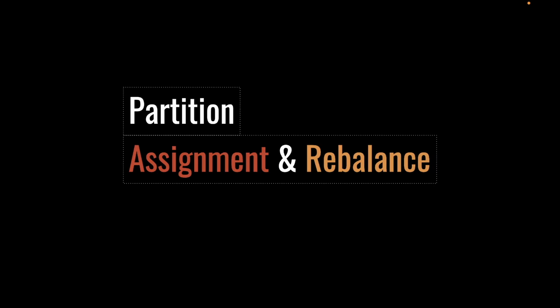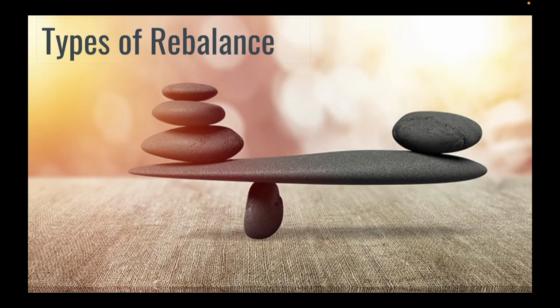And also we have types of rebalance. What happens when a consumer shuts down or a new one joins? Here we have two types of rebalance. The first one is incremental rebalance. Let's say consumer A is consuming 3 partitions, and a new consumer joins the group. Then the leader will send a message to